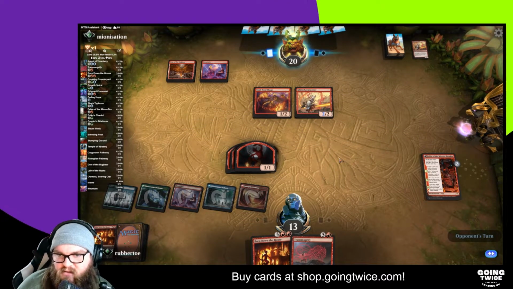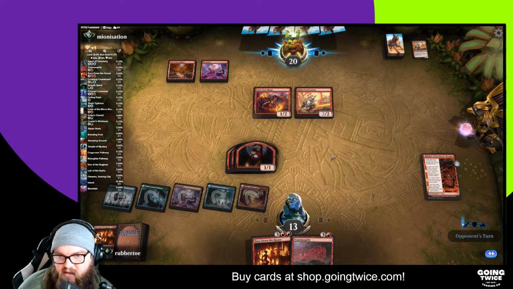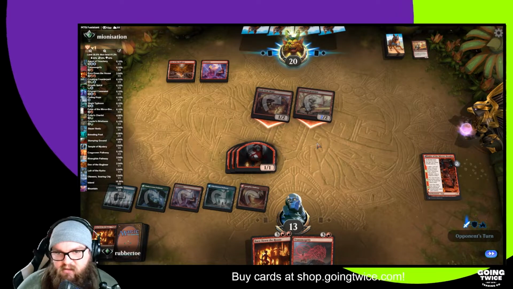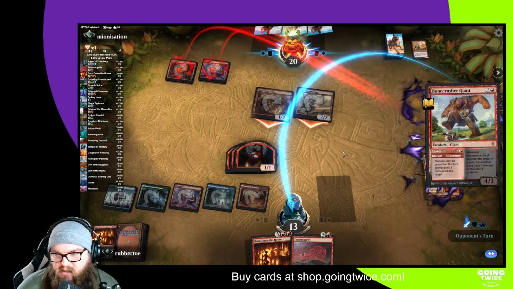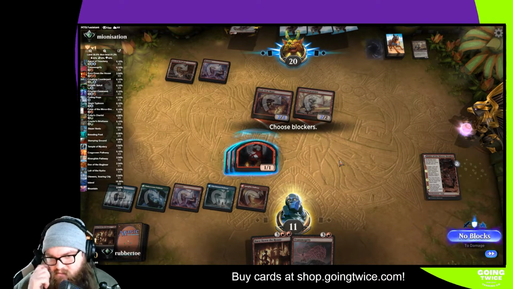These are good blockers for their creatures. I don't think 3 damage is going to win us this game. I think it's going to come down to our opponent scooping, probably. I think we just block the Good 2 Lavamancer here, because they can grow. Okay, so they just...